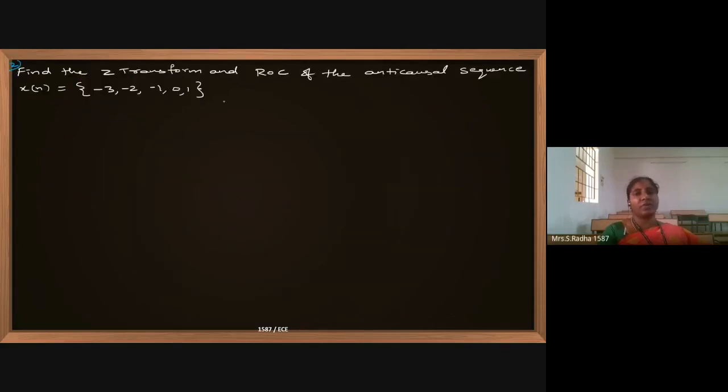Here it is given, find the Z transform and ROC of anti-causal sequence. Anti-causal or non-causal is one and the same. Other name is left-handed sequence. Okay. So now what I will do,